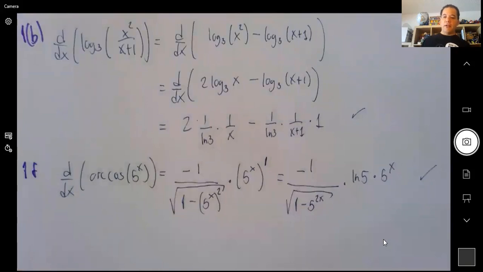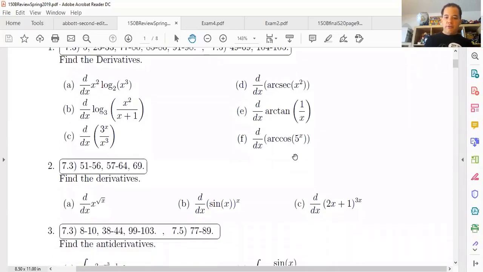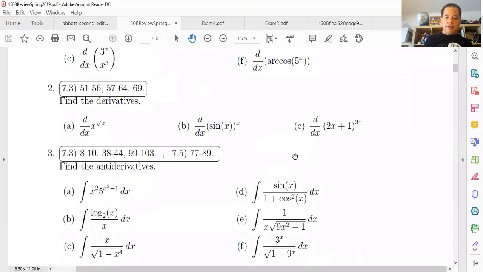Right? Questions so far with 1F? Or problem 1 in general? Good. If there aren't, let's take a look at